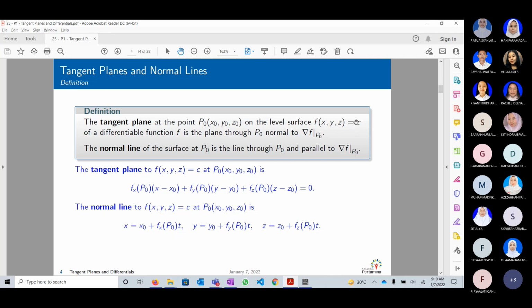So f equals some constant c, and f here is a differentiable function. Then the tangent plane is the plane through the point P0 that is normal to the gradient of f at